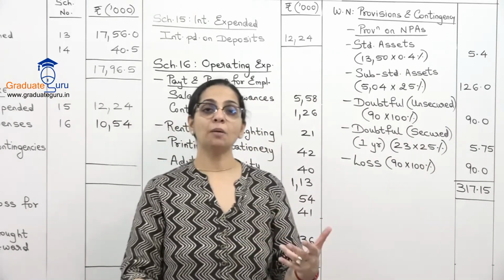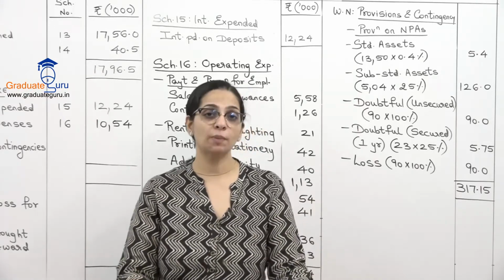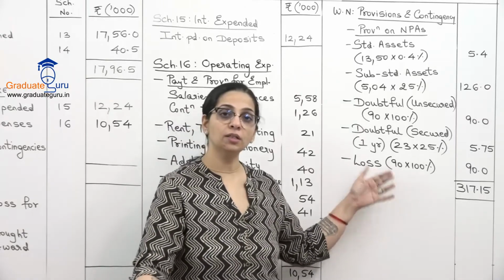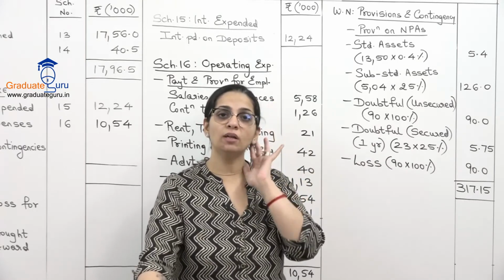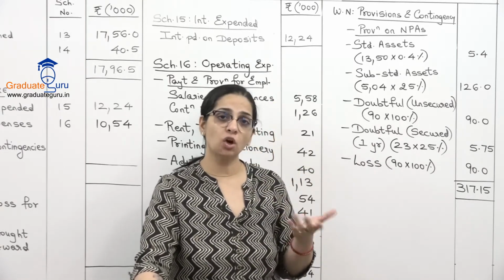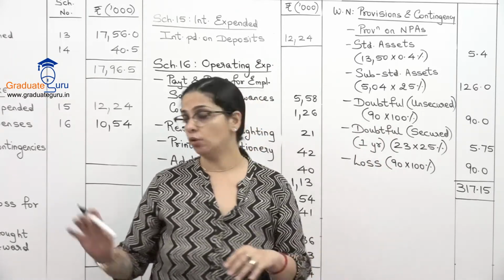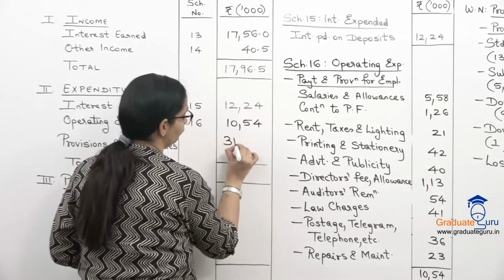Now in some solutions you will find that जो हमने investment का loss लिया था, revaluation, that is also shown over here instead of there. But both the answers are correct, because if you are revaluing investments, you can show it in the other income schedule also. So this I will take over here now, 317.15,